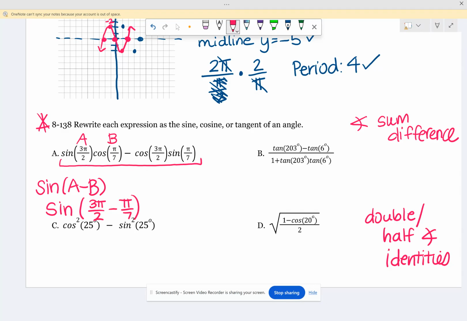Another reminder, you only get a basic calculator on Tuesday. So please make sure you can